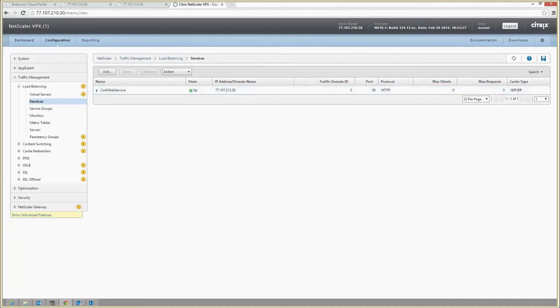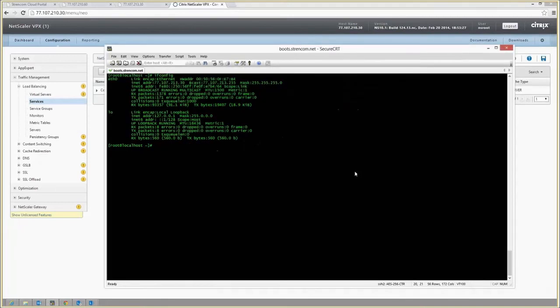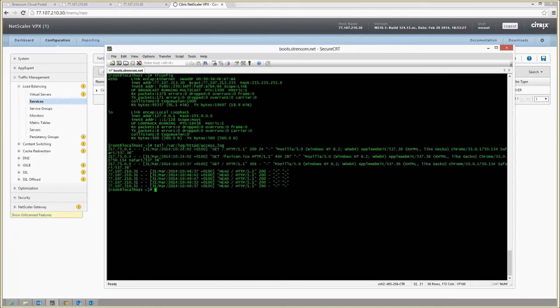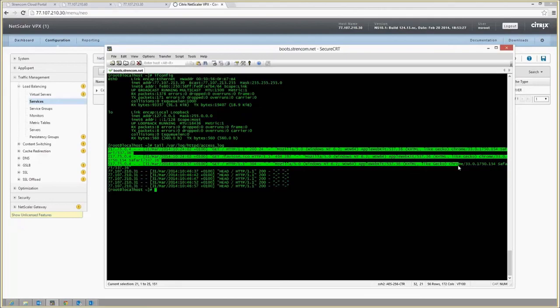I'm going to drag in the Cork web server here and we're going to have a look at the logs of the Apache. So we can see here there's been a number of GET requests to the server. This is us earlier in the video, just checking to see that the web service